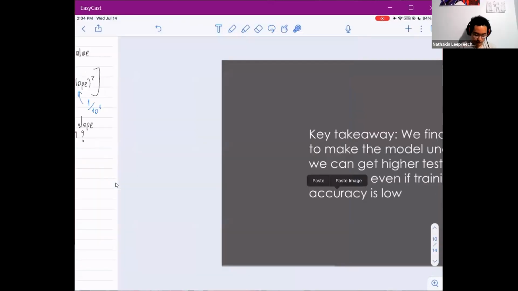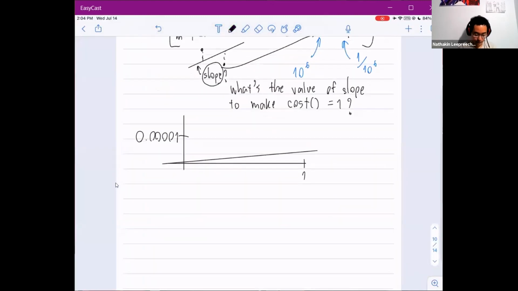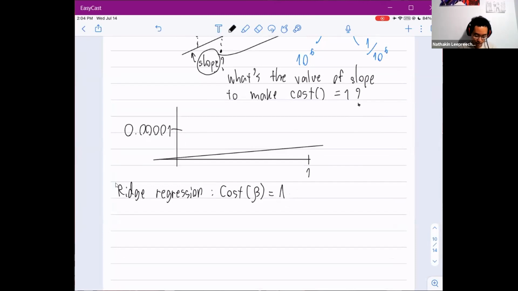So let's go back to the whole thing where we do regularization. We call it ridge regression. The cost function of that is going to be cost of beta again. It's going to be the mean square error, the same thing, or MSE, plus a penalty term,